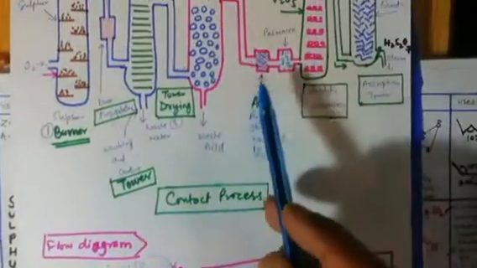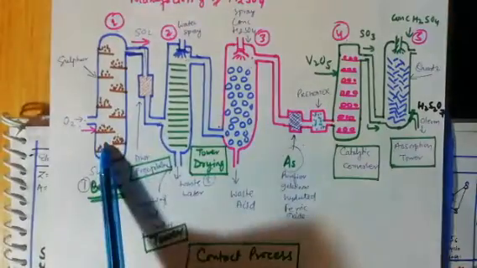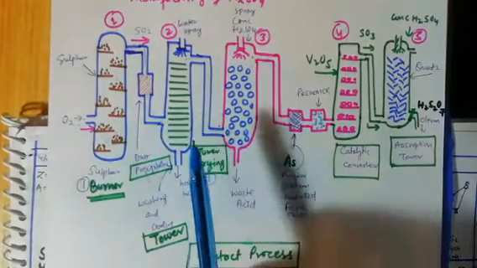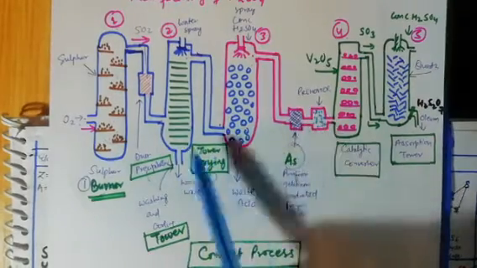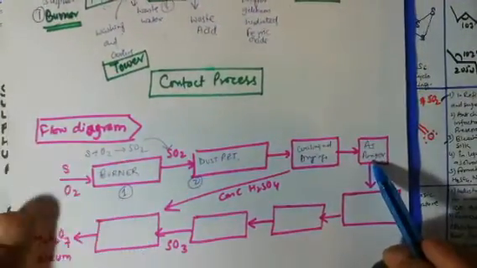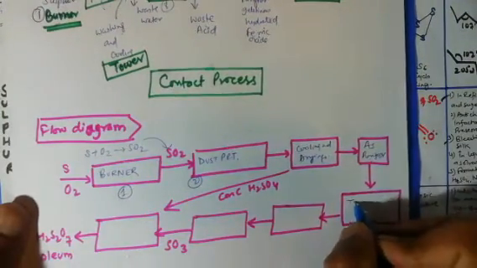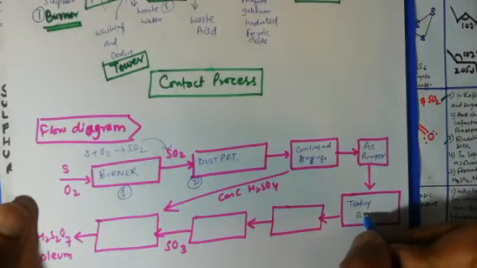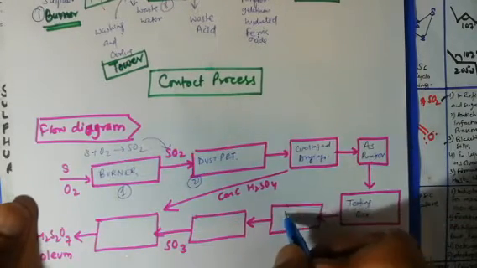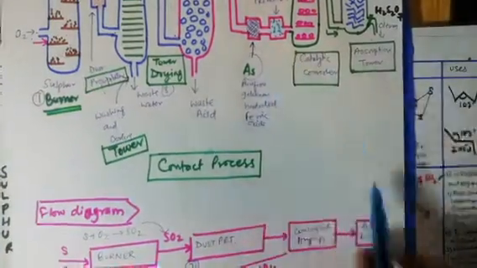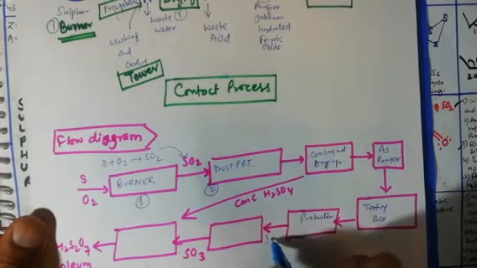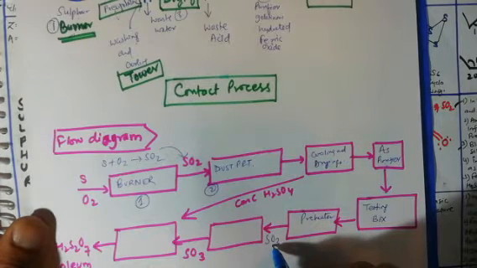This is the arsenic purifier. This is a burner, then the precipitator, then the cooling and drying tower. After the cooling and drying tower, it will pass into the arsenic purifier. From the arsenic purifier, it will go into the testing box. From the testing box, it will go to the preheater. This is the preheater.